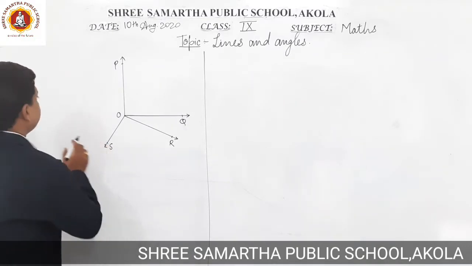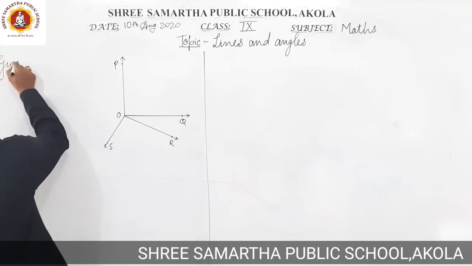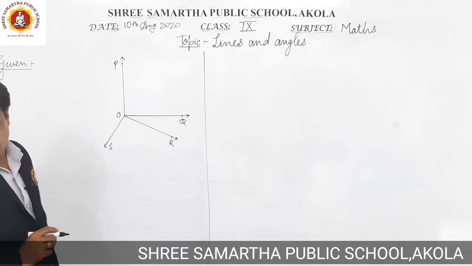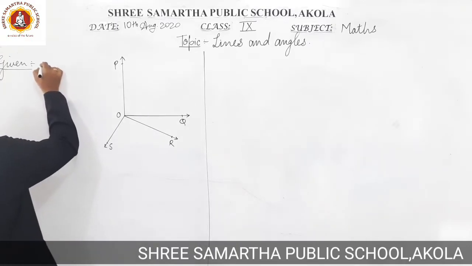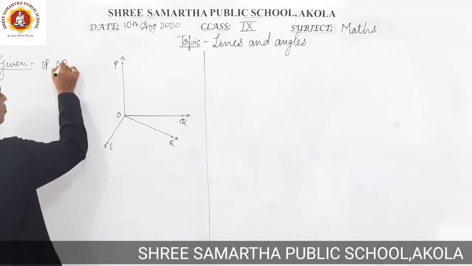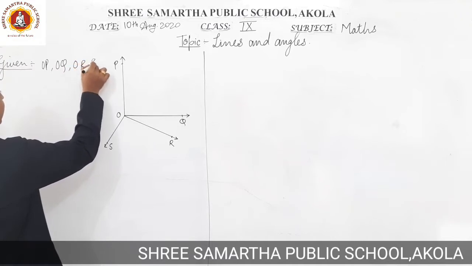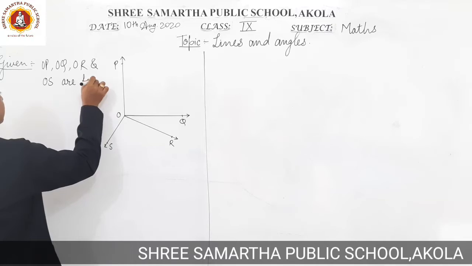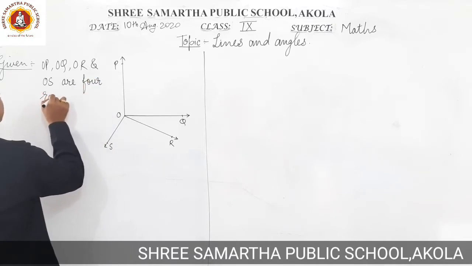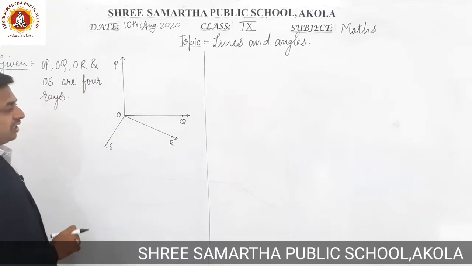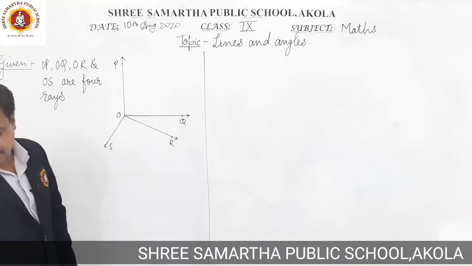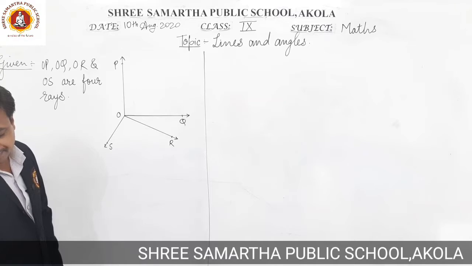See, this is the given diagram. What is given is that OP, OQ, OR and OS are four rays. These are the four rays: OP, OQ, OR and OS, and we have to prove that